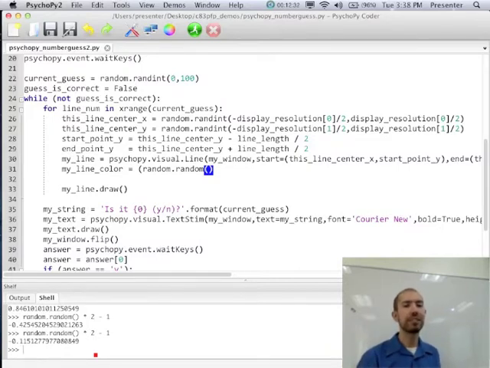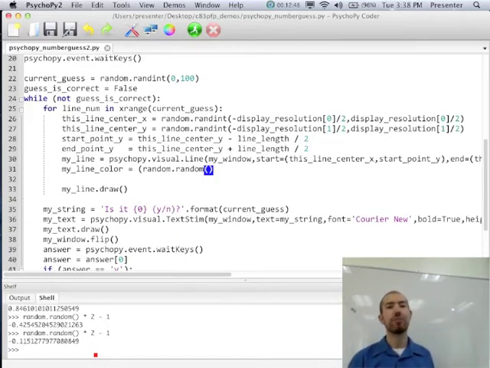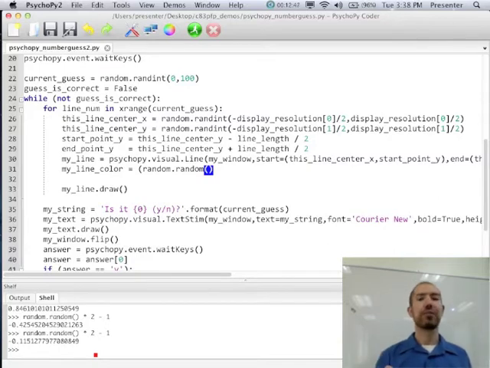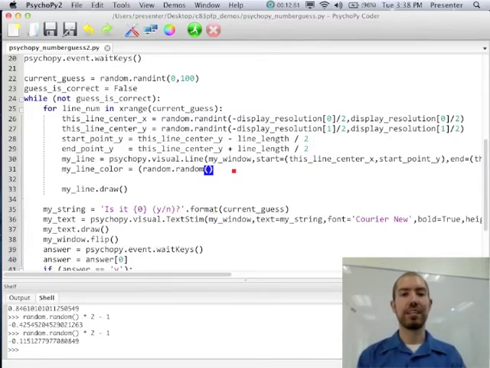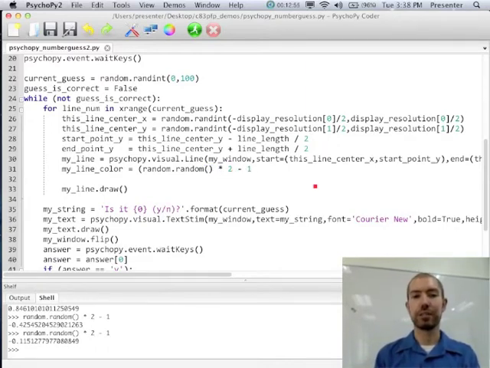All right, so if you program a lot, you're going to be doing this a lot because you'll often need random numbers in a certain range. There's not a separate function for every type of random number you might want, so you're often going to have to multiply it or subtract a certain amount or add a certain amount in order to get the random numbers in the range you want, right? So what we want is random.random, if we go back to the actual code, times 2 minus 1, right?